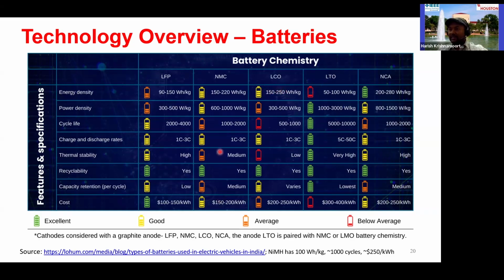And then the another thing is the cost. So right now it's hovering around 150 to 200 dollars per kilowatt hour, just the battery systems. Again, there may be some variations, but that seems to be roughly the value that we are looking at. Another part we have to be very careful about is the cycle life. The more cycles these battery systems go through, the more degradation they will have. So typically in the grid, we assume maybe anywhere from 3 to 5% degradation of the batteries every year when they are cycling in a normal fashion.